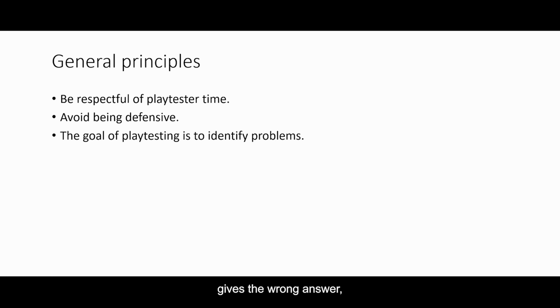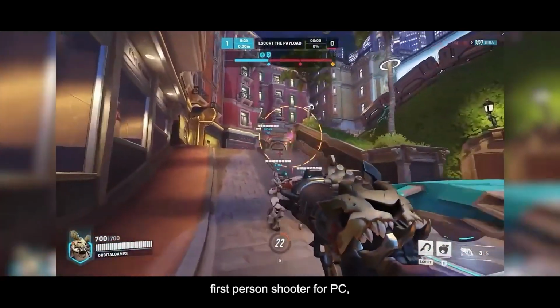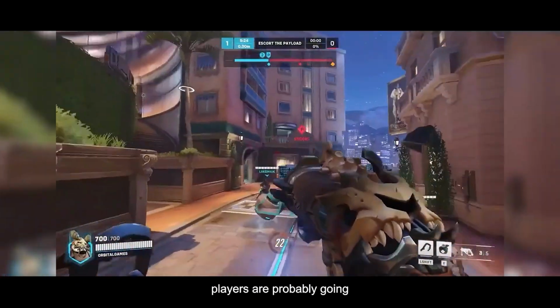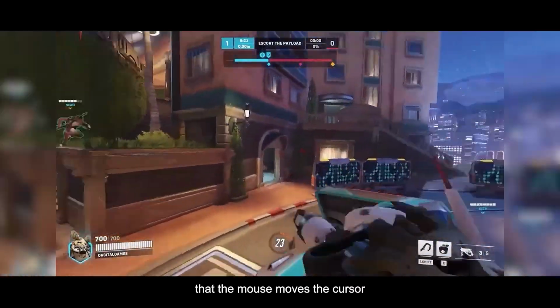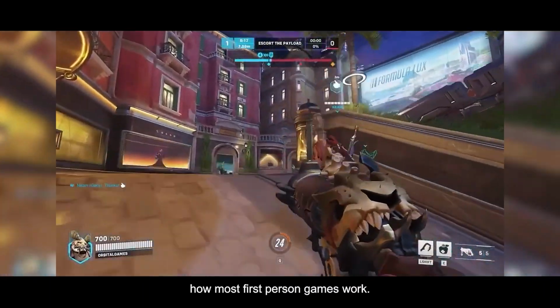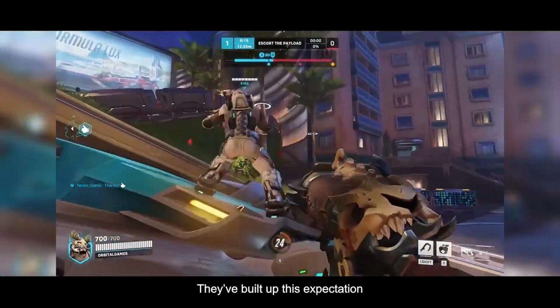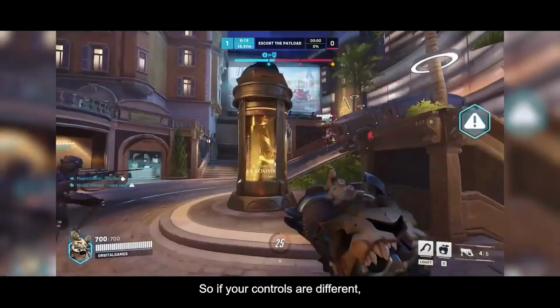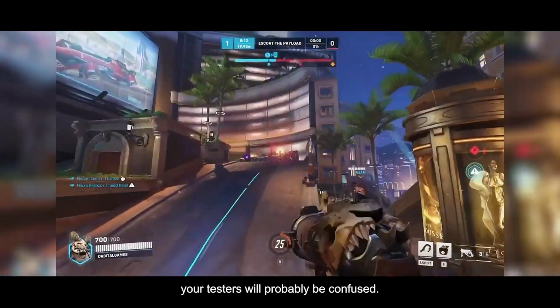Now, if the playtester gives the wrong answer, or they're so confused that they don't even have a guess, or if you have multiple testers that give you multiple guesses, then that suggests something about your game is clashing with the mental model of what players are expecting from your game. So, for example, if you're making a first-person shooter for PC, players are probably going to expect that the mouse moves the cursor to look around and WASD keys move your feet, because that's how most first-person games work. They built up this expectation from playing other games, so if your controls are different, your testers will probably be